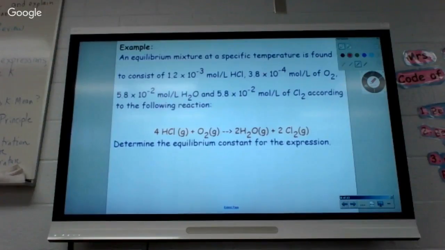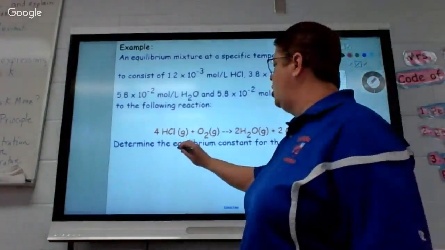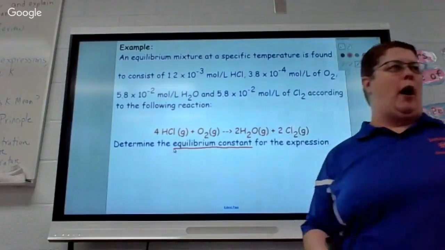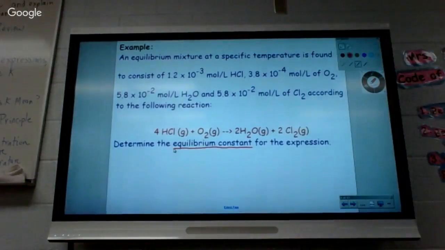All right, we got it? All right. So when you're asked to find an equilibrium constant, because you're going to be asked to do this somewhere on that exam, I'll be shocked if you're not. Determine the equilibrium constant. The first thing you need to do is what? It will be on the benchmark when we do it next week. What did we just learn to do?